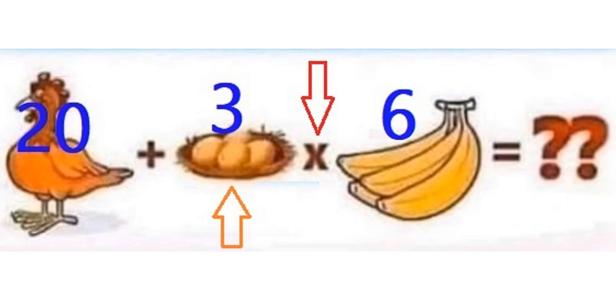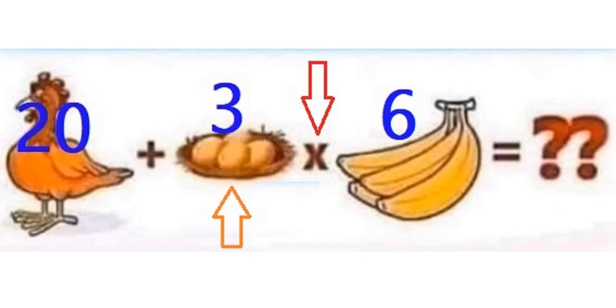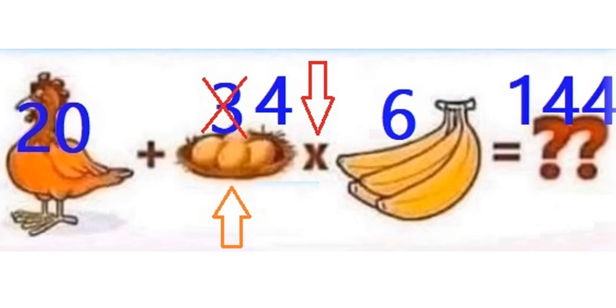Because look at that egg nest. That's an egg nest of 4 eggs. That's what was down there. You look at those other 3 times we used them, those are egg nests of 3. A lot of people will just assume, well, then that means that that egg nest of 4 is actually 4. So if you happen to not know order of operations and added straight across, 20 plus 4 is 24, times 6 is 144. But if you did use order of operations, 4 times 6 is 24, plus 20 is 44,